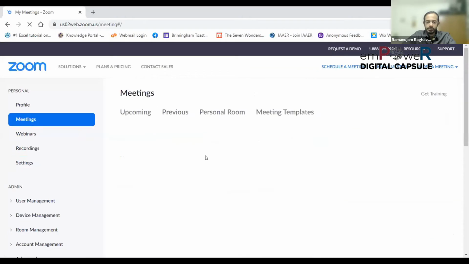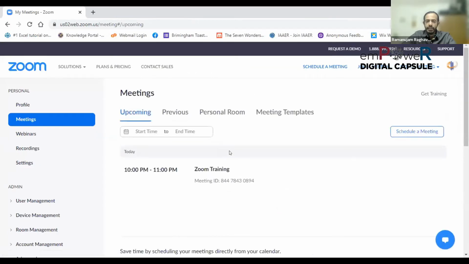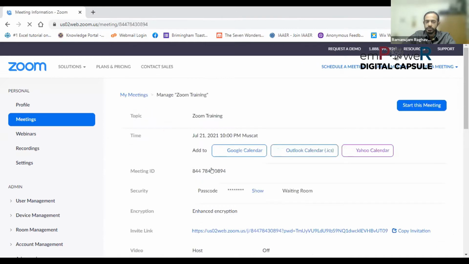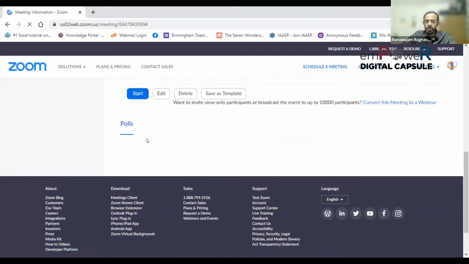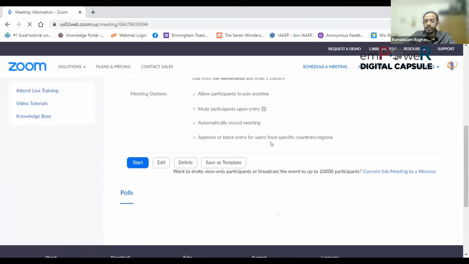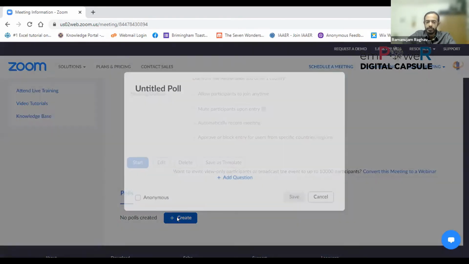Under meetings, the polls can be created for the upcoming meeting or even if the meeting is in progress. So if it is an upcoming meeting, click on that meeting. When you come down, you have something where this setting should be enabled, then only you'll get this poll option. Under the polls, click on create.